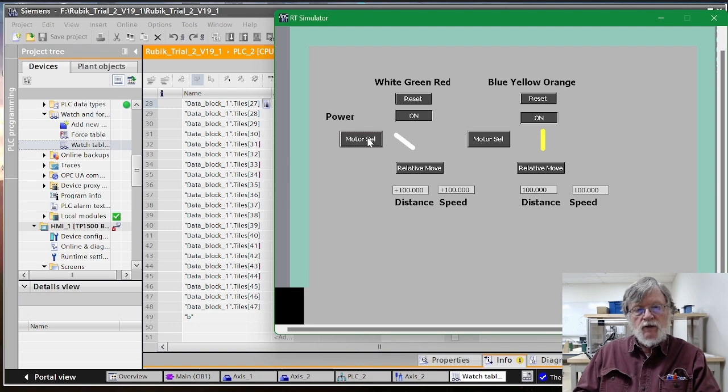This would give you the white, the green, and the red. Now this is a relative move, and I put in numbers already here for it. It's 100, and I'm going to click